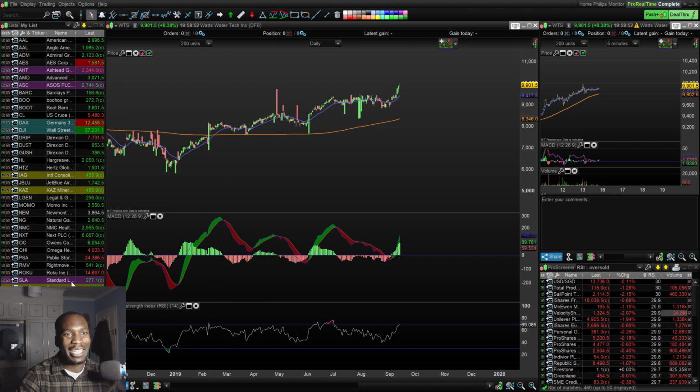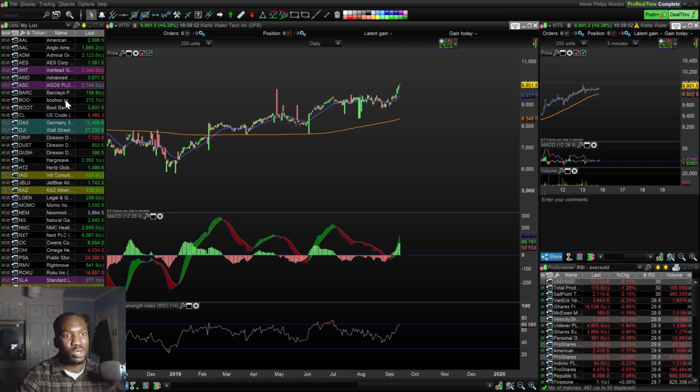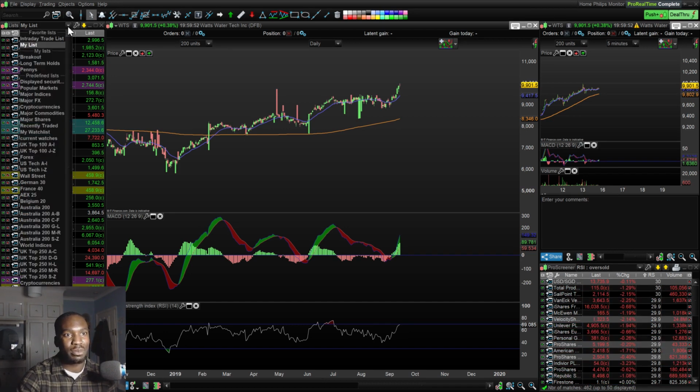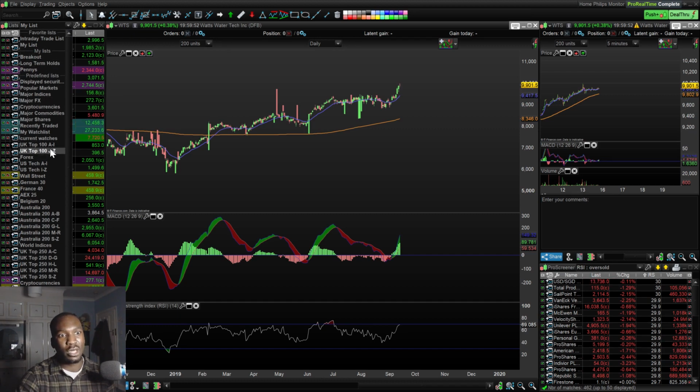So here on the left hand side is my watch list. As you can see, I color code some of these stocks based on my interest level. So the yellow ones are the ones that I'm actively looking at, the purple ones are the ones that I might want to trade soon, and the turquoise ones are just the indices that I like to trade sometimes. Now if I go into FTSE, in here the FTSE 100 is called the UK Top 100 and it's